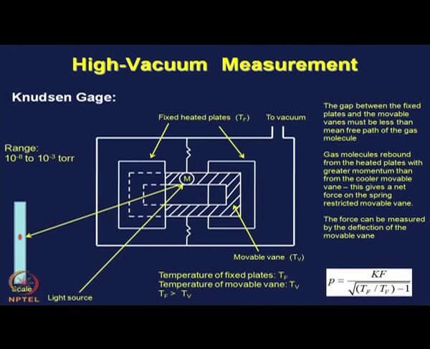So, with this we conclude our discussion on high vacuum measuring instruments. We end this with a note on how to select a pressure measuring instrument for a given application. It is heavily influenced by the intended application. We know the working range of various pressure measuring instruments now. We also have to keep in mind the purpose of our measurement.